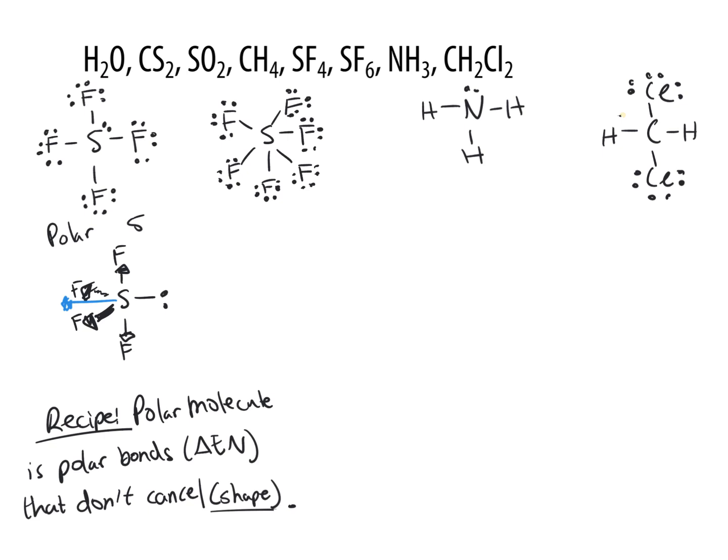Next, SF6. Well, SF6 has a perfectly symmetric type of shape. There are no lone pairs, so we're going to expect this to be nonpolar because it doesn't have those lone pairs. If we analyze it fully, the steric number is 6. That's an octahedral shape, so X, Y, and Z axes. Fluorine's on all of those positions with a sulfur right in the